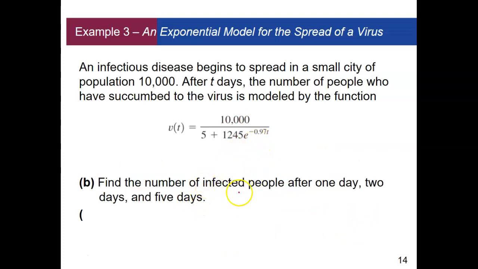Okay, find the number of people infected after 1 day, which would be t equals 1, because t is defined in terms of days. So always be careful with time that you're making sure it has the right units. But this would be t equals 1, at t equals 2, and then again at t equals 5. Okay, so for t equals 1, t of 1 is going to be 10,000 over 5 plus